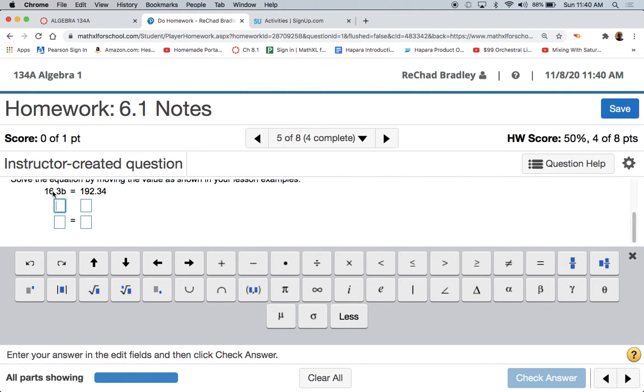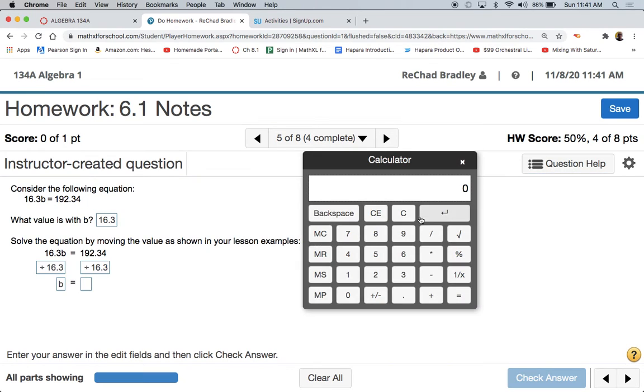If you want to get rid of the 16.3, again, that is multiplication because they're attached. We hit divided by 16.3. Tab to move boxes, divided by 16.3. Again, over here, the 16.3's go away, leaving us with B. And then we do 192.34